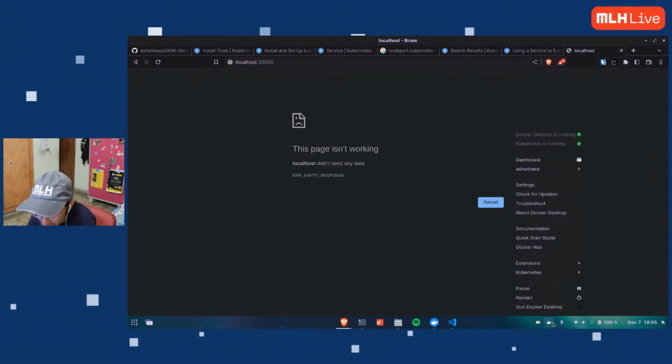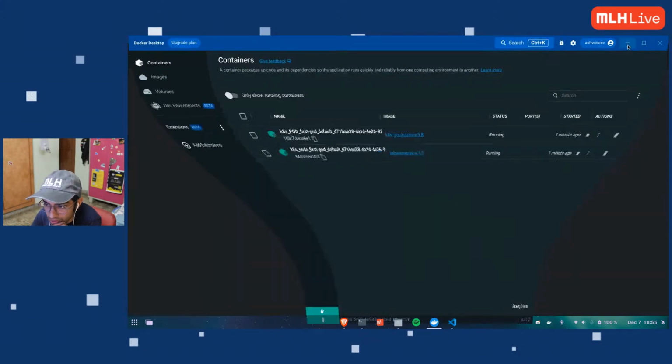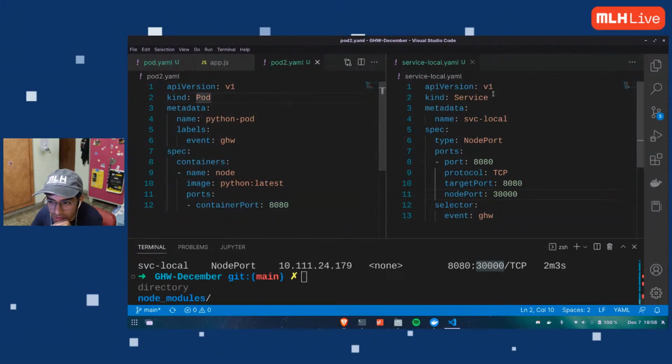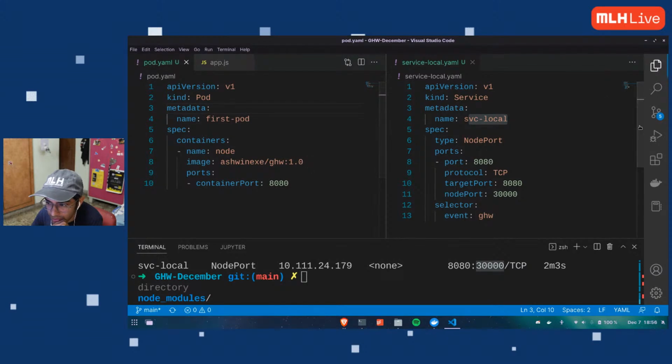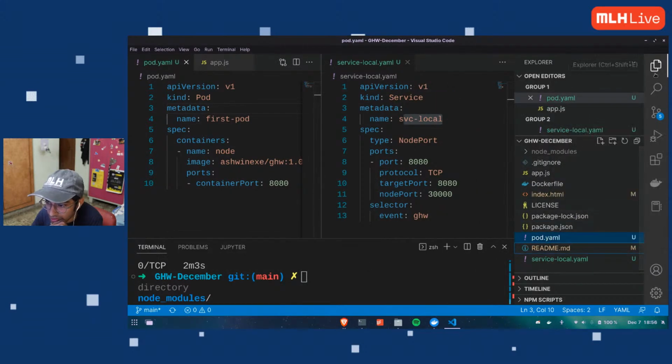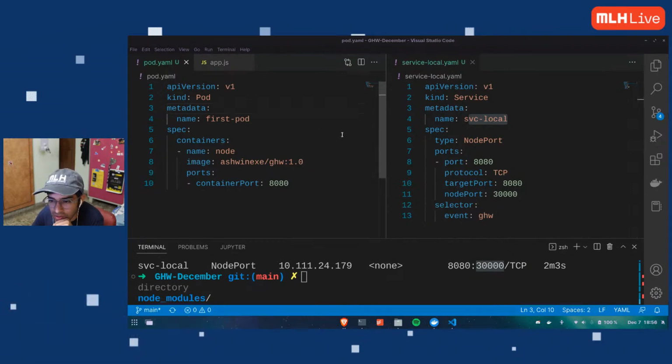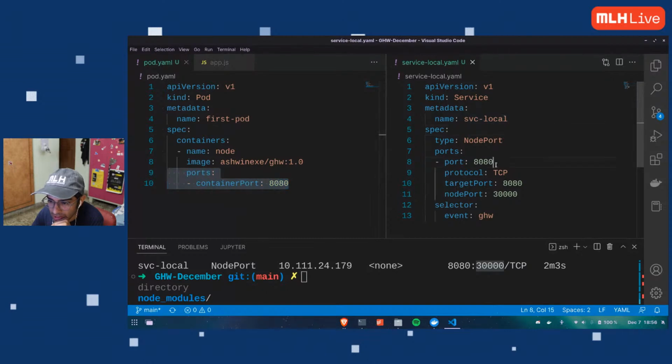Probably my Docker configuration is the problem. Yeah, this has happened before, because my configuration is pretty much all right. I got my service, I got metadata, service is local. Oh, looking at the wrong pod, sorry. I'm just gonna delete the pod too. Don't need that. Akilak, what problem are you getting? Just let me know. So metadata, I got a first pod, containers, it's type node. It's my image, port is right here, container port is 8080, and then port 8080, TCP, target is right there, node port is 30,000, selector is,